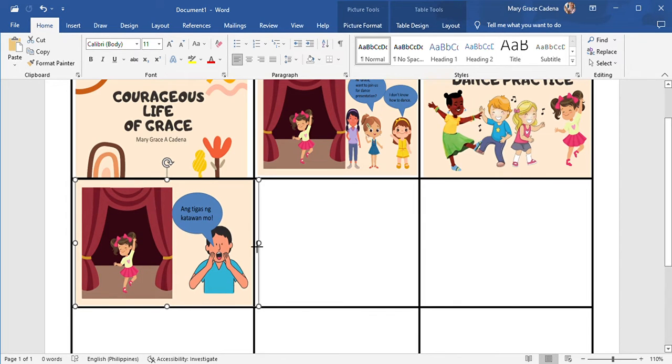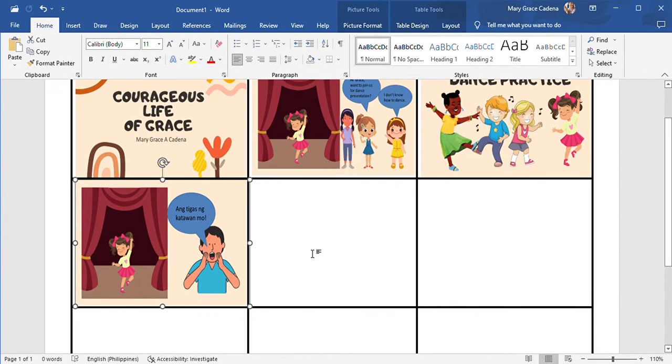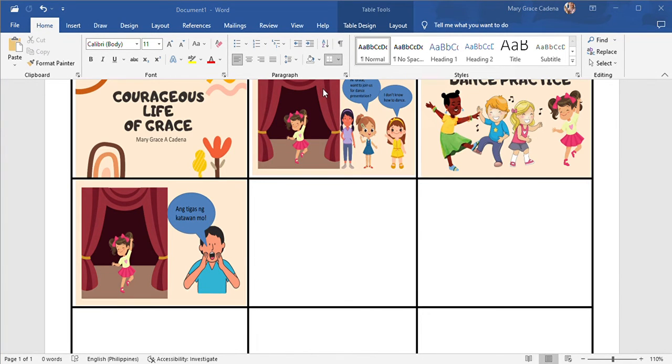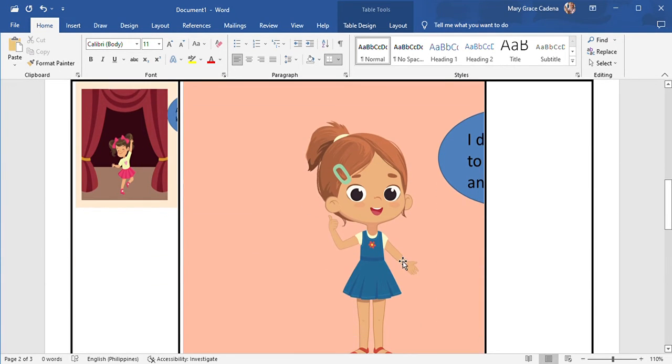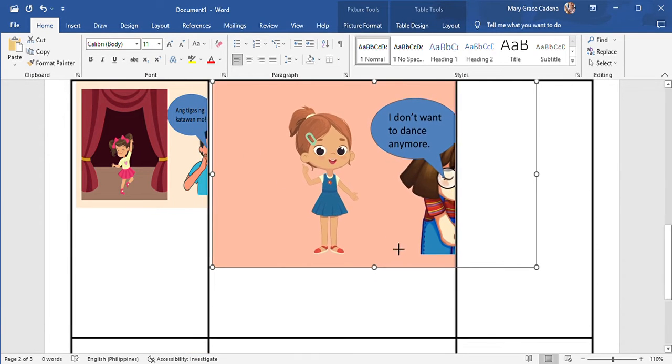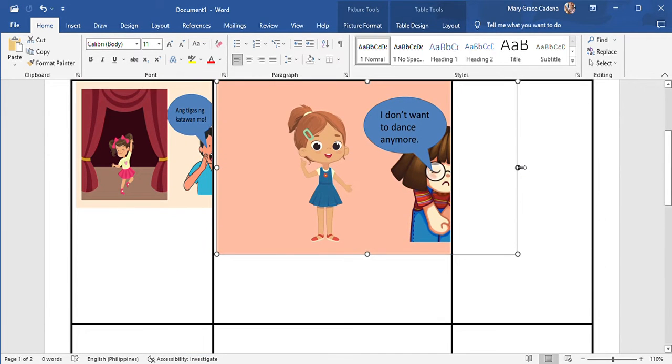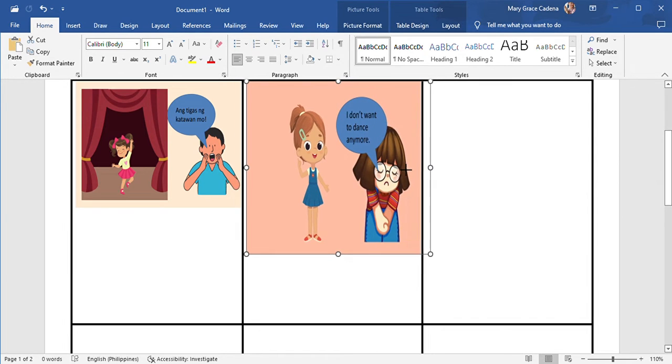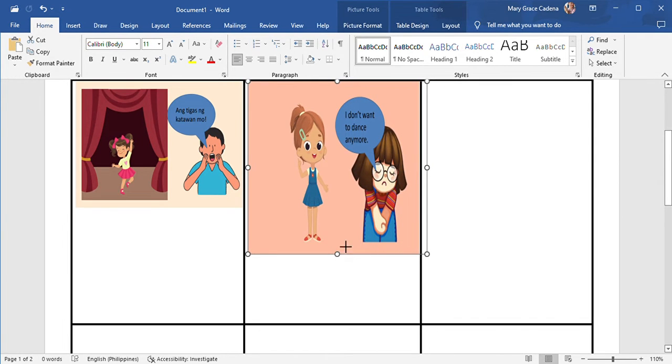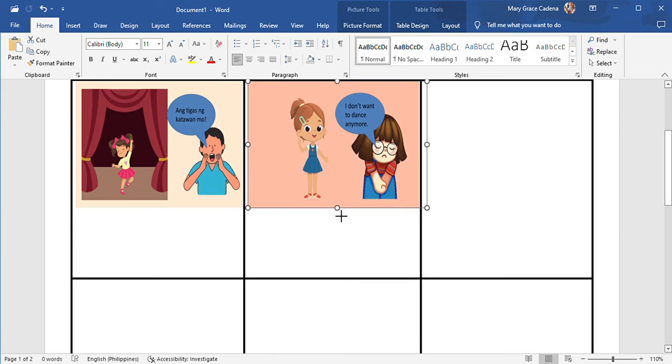That's it, and then go to the next. It will take you some time to put all the pictures, but we need to show a little patience because we are going over the slides one by one.